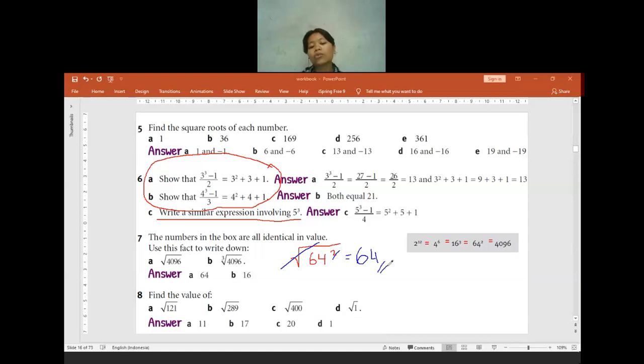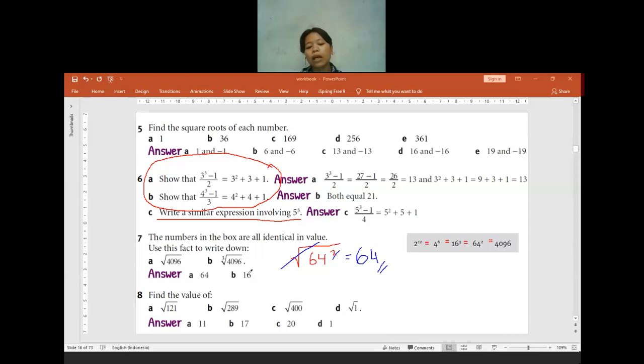The answer of a square root will not have power 2. Most of you, when finding the square root of 4, sometimes write it as 2 to the power of 2, and not as number 2 only. Do not do that. So this is the square root of a square number. You can just cancel the square root and the square itself, so the leftover is 64. So it means the square root of 4096 equals 64.